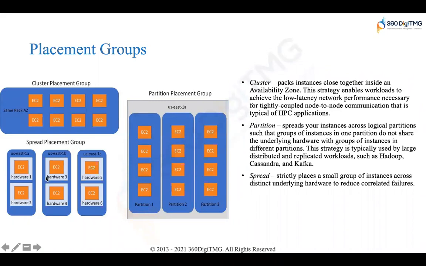So here there are 6 EC2s, and these 6 EC2s are spread across 3 availability zones. In 1A we have 2 EC2, 1B has 2, and 1C has 2. And if I have 7 or 8, you might have one more EC2 in 1A or 1B.